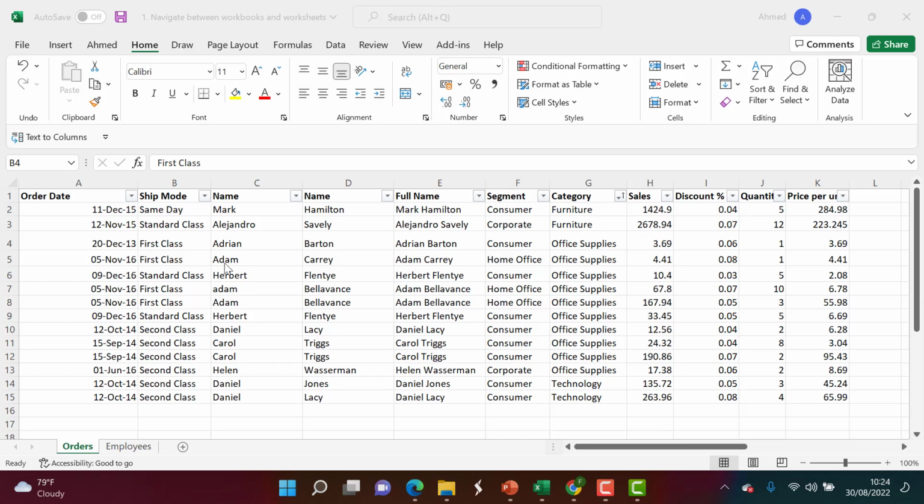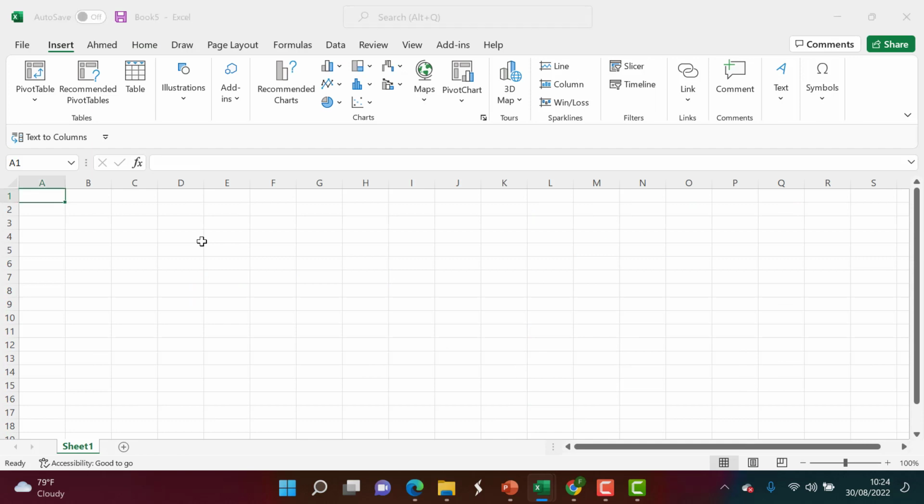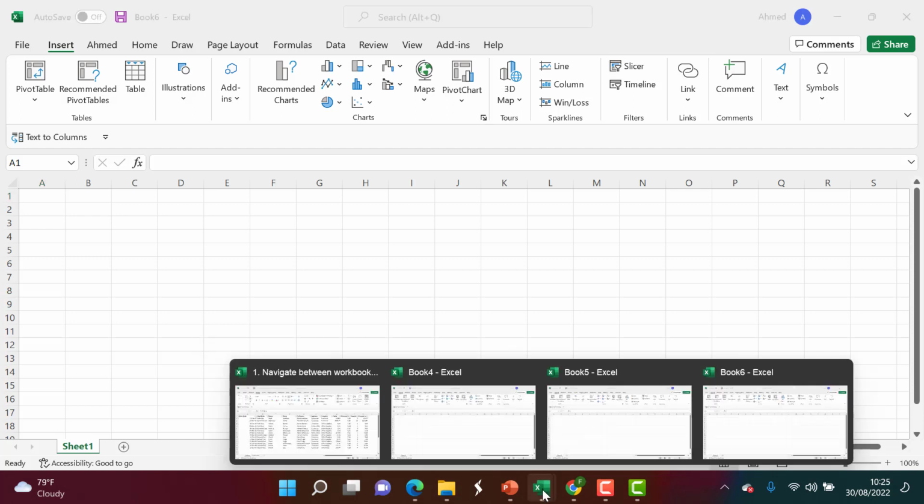If you want to navigate between different workbooks, right now I have only one single workbook, so I will just use Control N on my keyboard to open about 3 or 4 different workbooks, right? If I want to navigate between these workbooks now, I just have to go and locate the Excel icon on my taskbar, right? So if I click on the Excel icon on my taskbar, it will show me the different